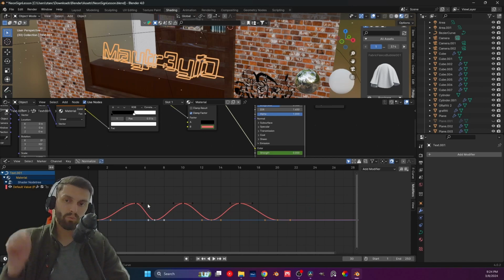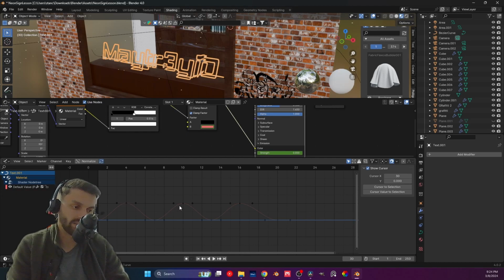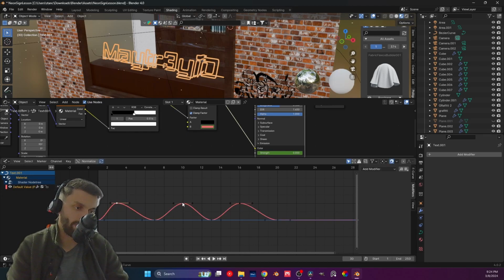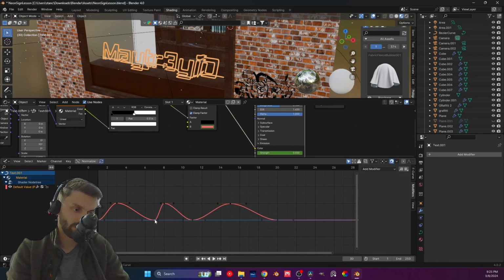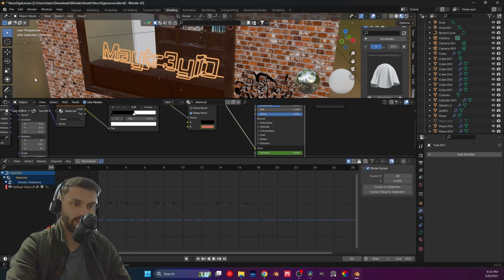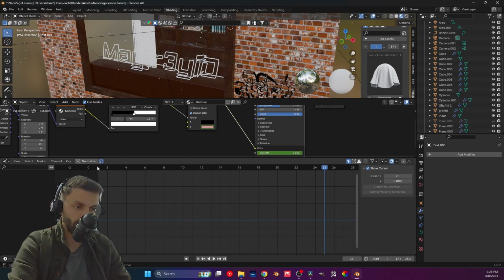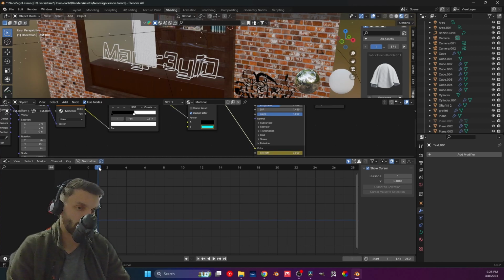So like this. So one cool thing about a graph editor, you can actually smooth out the animation just like this. So this is making it a little more constant, and we don't actually want that. We want it to be something like this. I do want them to flicker a little more often towards the beginning, and then a little less often towards the end, right? So that will actually make a little more sense. And actually, when we look at the animation, bringing it also to the first point, you can actually see there is a small difference compared to what we did the first time. So that's cool and all, but